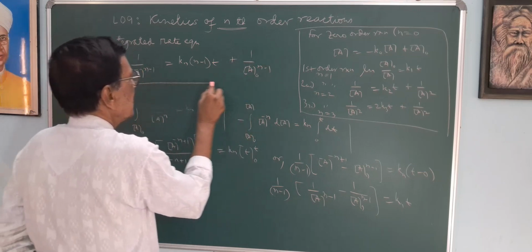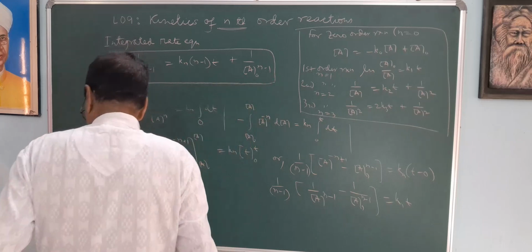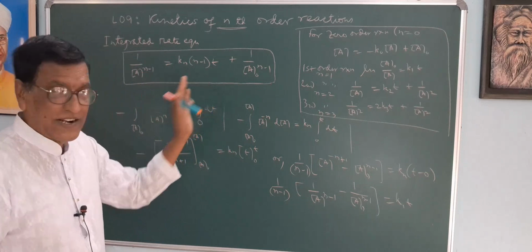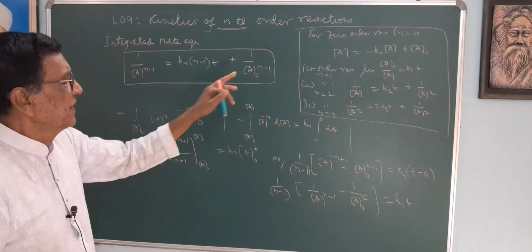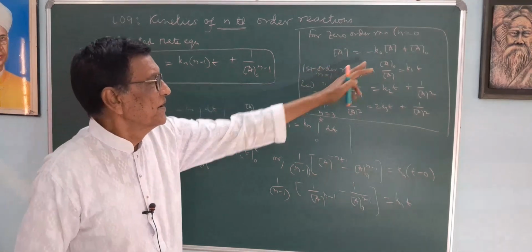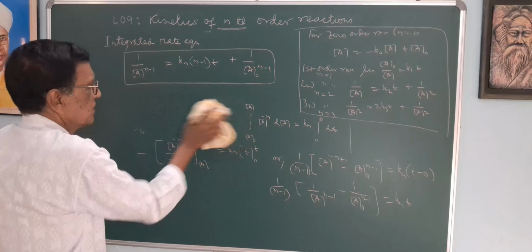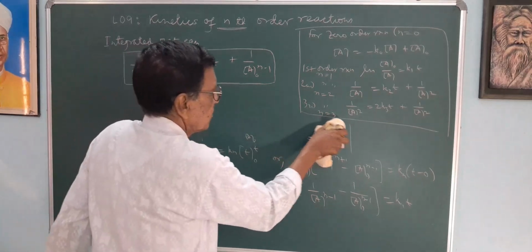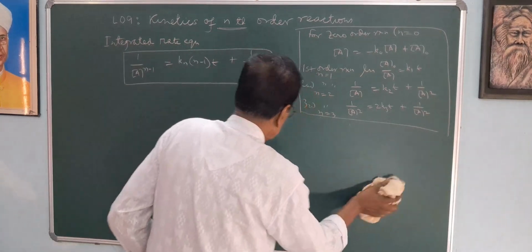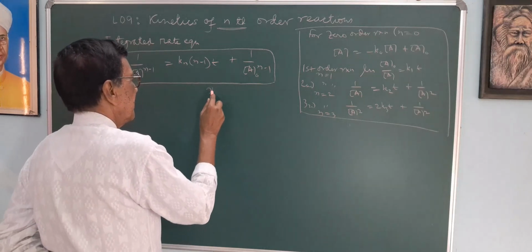This is the integrated form of this nth order reaction kinetics, a more generalized equation from which you can find the zero order rate equation, second order rate equation, third order rate equation, but not for n equal to 1. This is valid